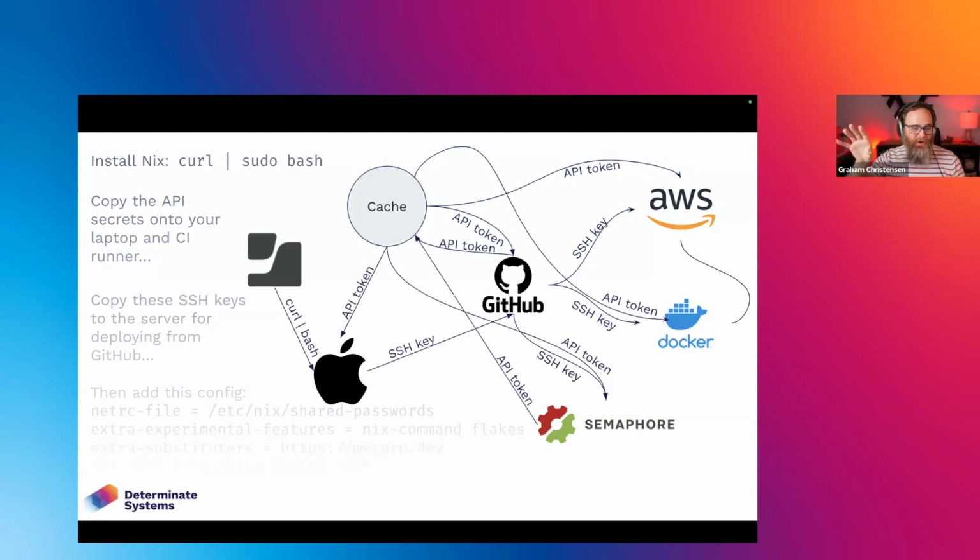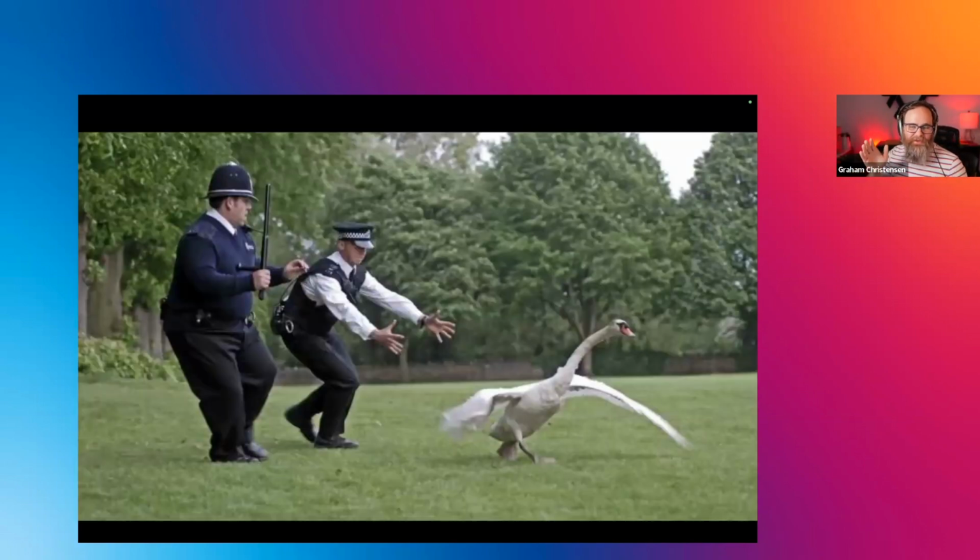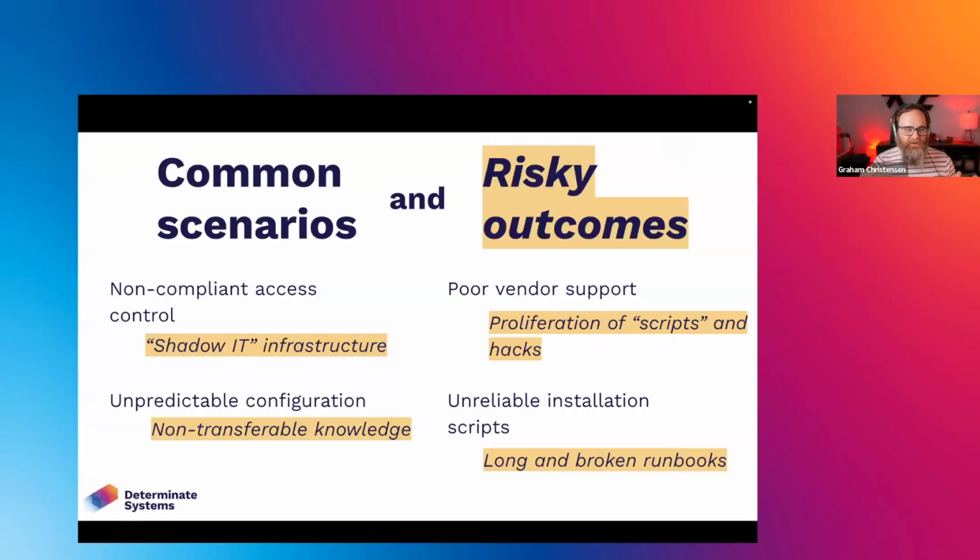When you're working on all of this, it's very easy for a developer to fall into essentially a wild goose chase of trying to make the problems better, but not really having the organizational buy-in to do it at the level they need to. And so working in the small causes a handful of really common scenarios and what I think are very dangerous and risky outcomes. Just to go over these briefly,